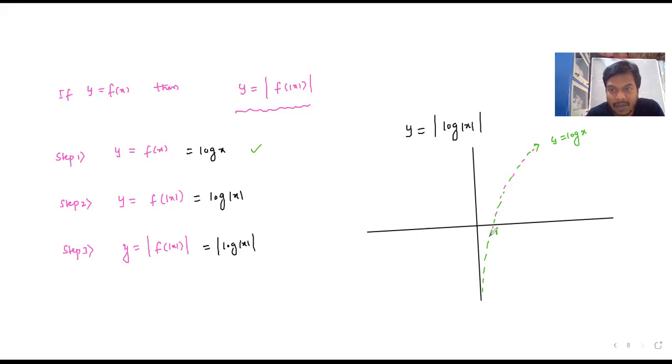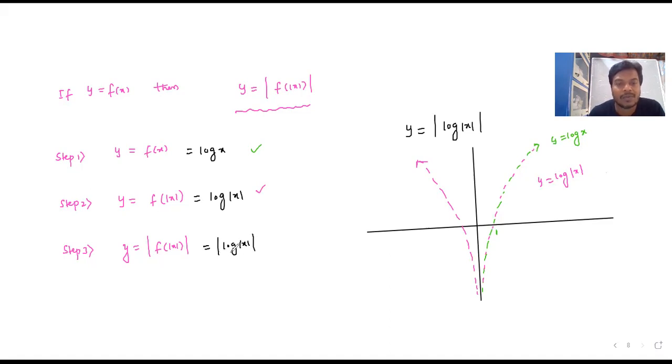Pink colored I am going to select for the second step, and then these two represent y equal to log of mod x. Okay, second step over. And next,